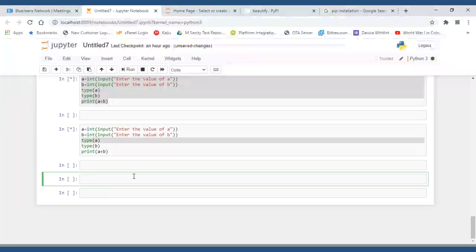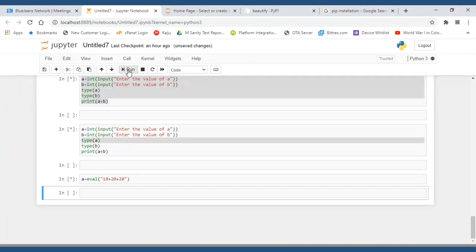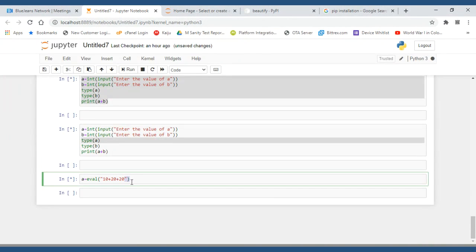Say for example, one more function is there. Let me check. A is equal to eval of 10 plus 20 plus 30. Let me run this. Hey, what happened to this?